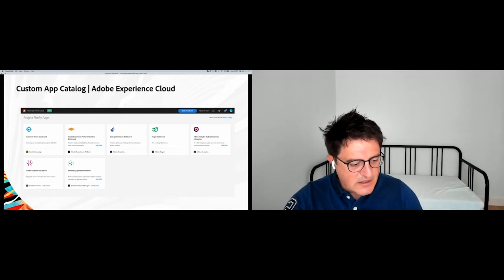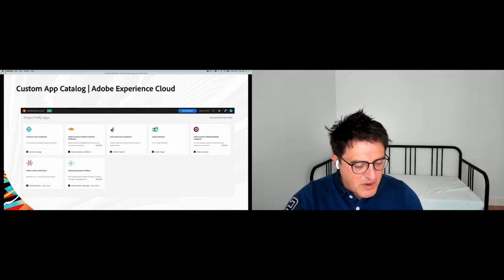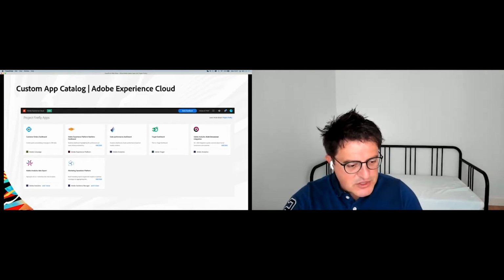Let's say I'm logged into this screen, and then I get to see 2, 4, 5, I don't know, 7, 8 Firefly apps. I get to see these Firefly apps because my system administrator decided that Mihai has access to these ones. Another important aspect is that from an end user perspective, from the business employee perspective, there is less fatigue because as they move, let's say, between Adobe first-party apps and these custom apps, they do so within the same UI framework because all of these apps can be built with React Spectrum and within the same